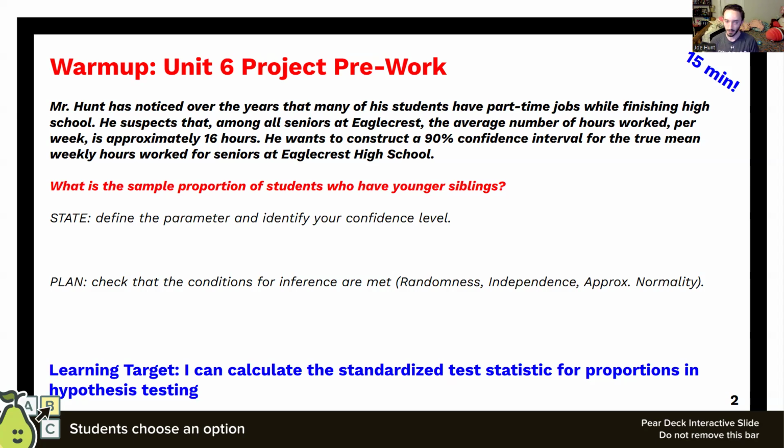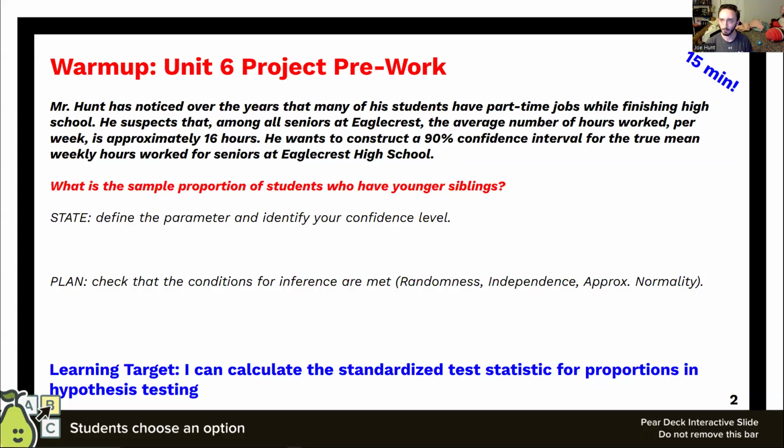So we start with the state step. Then we're going to launch into the plan stage, and we're going to talk a little bit about the details of this. So how do we know, for example, that we're going to argue that this is a random sample? How is it that we might be able to structure an argument that we have independence? And how is it that we might structure an argument for approximate normality? So I want you to maybe pause the video there for a few minutes and try giving that a quick think. Real quick with your group mates, just chat this one over. What is it that we're trying to estimate here? What's the level of confidence that we're working at? And how are we going to move through some of the plan stages there? How are we going to hit these different conditions? We'll go from there.